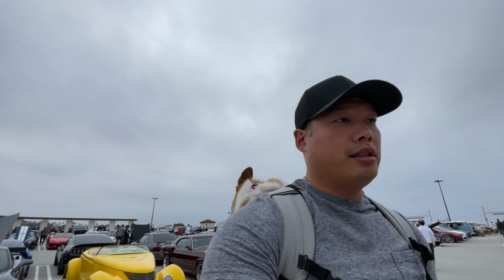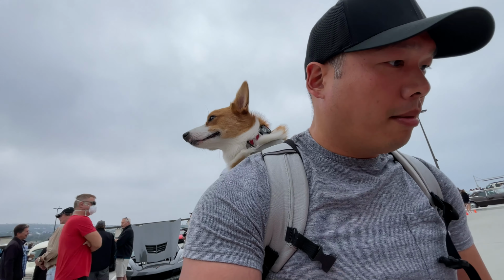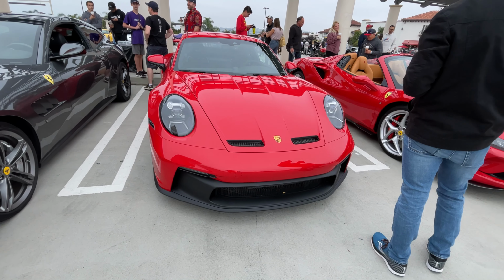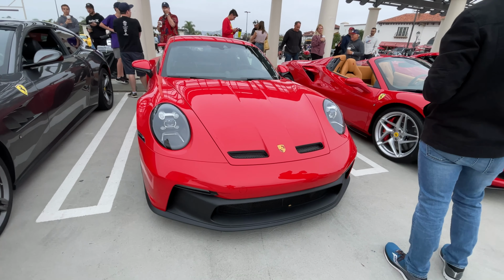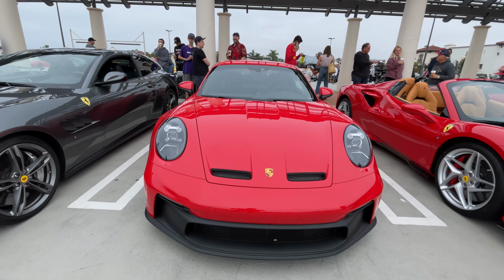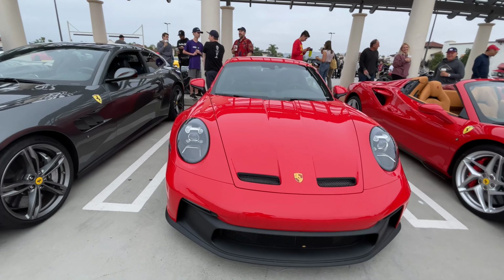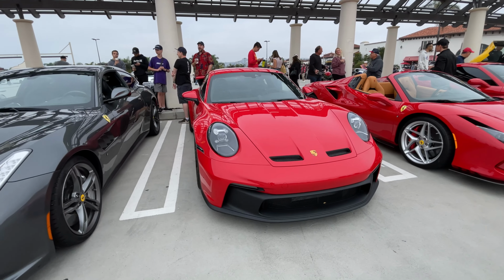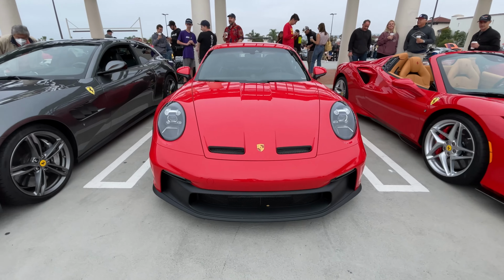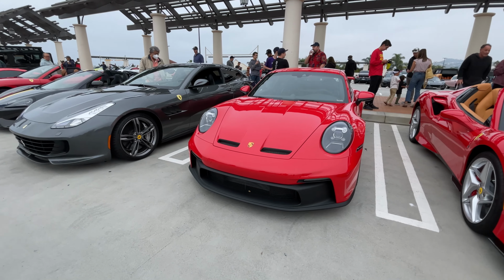Here we have the 992 GT3, so 2022. I really love this car. Compared to the previous generation, one of the major differences you're gonna see is really the front. Obviously, with any Porsches, you're not going to see drastic difference in their design. They don't try to do anything really drastic. That's why there's kind of a running joke that between every different generation of Porsches, they say that nothing's really